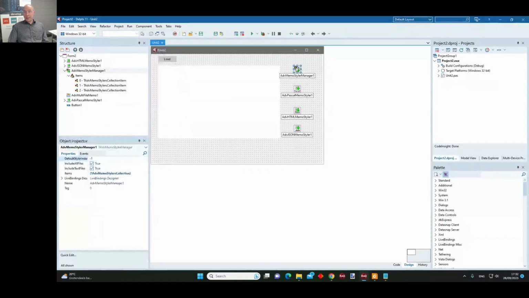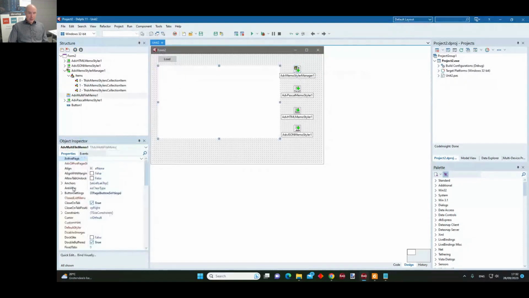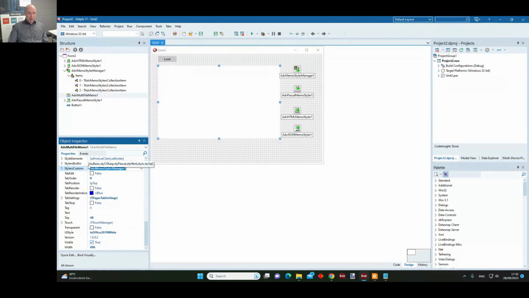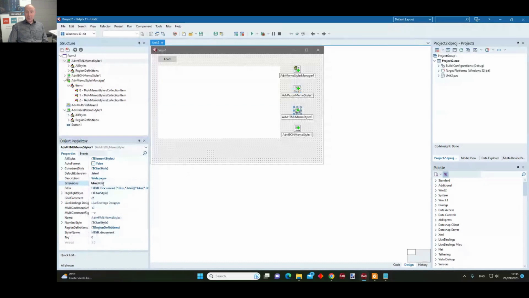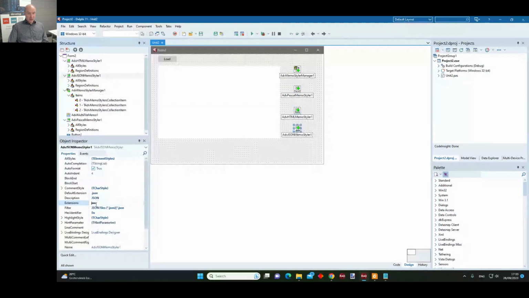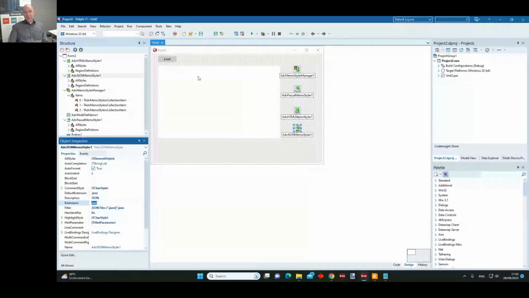And I have hooked up the styler manager to the multi-file memo via the styler's custom property. So basically that means, as you can see here, my Pascal styler has as extensions defined the PAS, DPR, DPK, and INC extension. My HTML styler has HTM and HTML extension specified, and my JSON styler has JSON as a file extension specified.